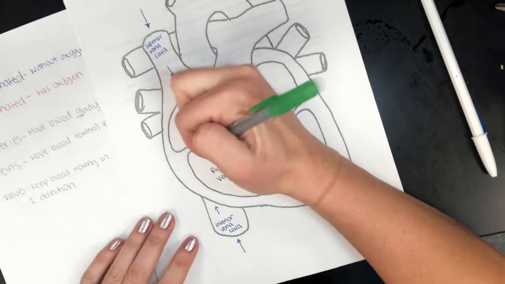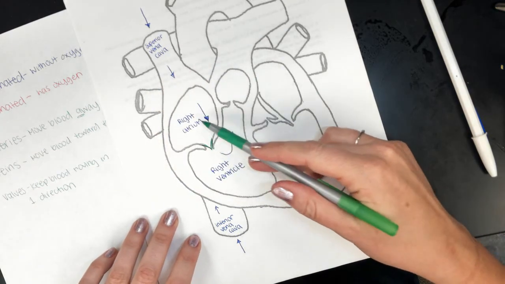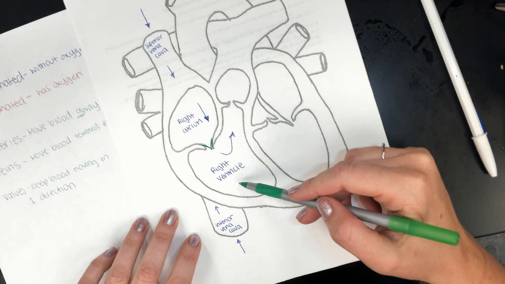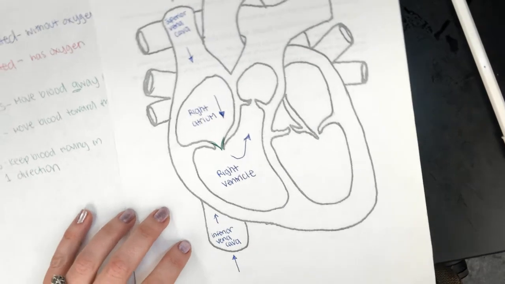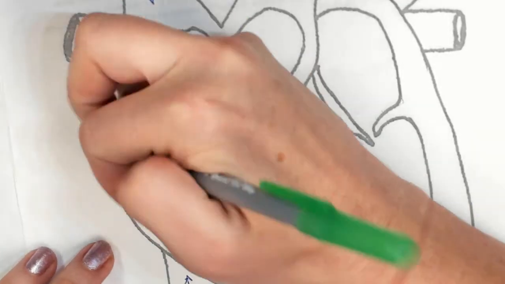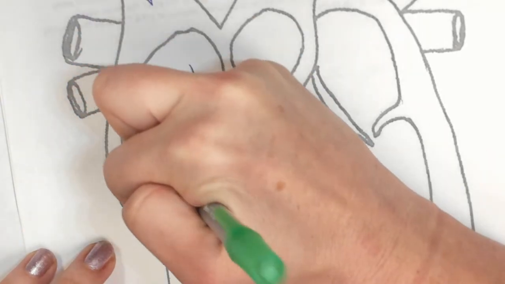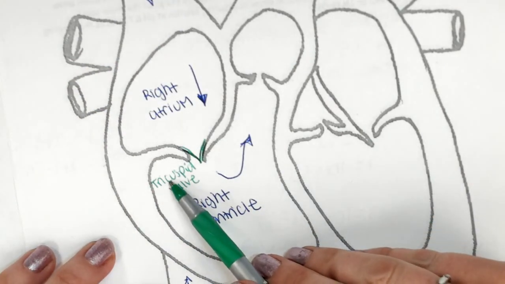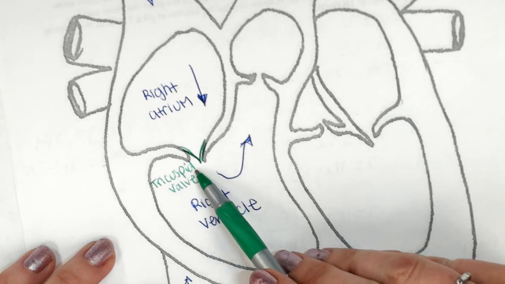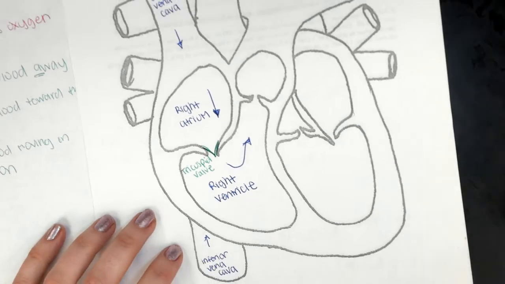Okay, so there's a valve right here, and I'm going to draw it as a little V, showing that the blood's going to move just going through this way. Okay. And this valve right here is called the tricuspid valve. So that's TRICUSPID valve, tricuspid valve. And when we think about the path of blood, we usually think about deoxygenated first, like